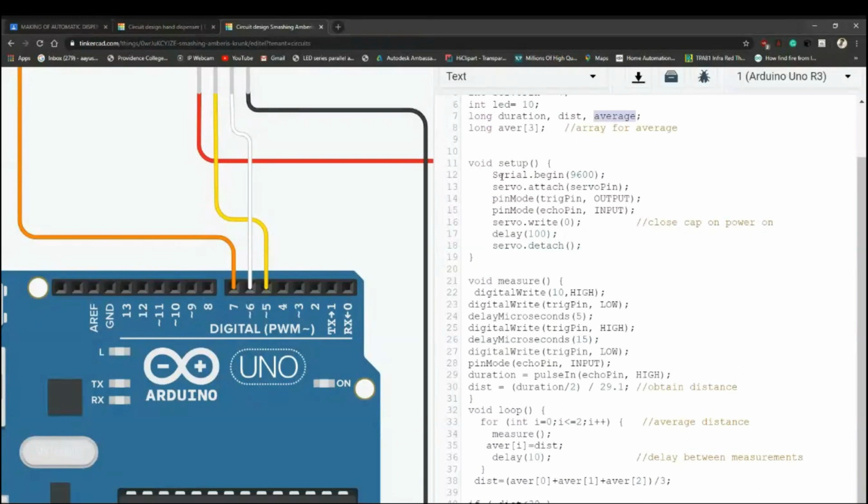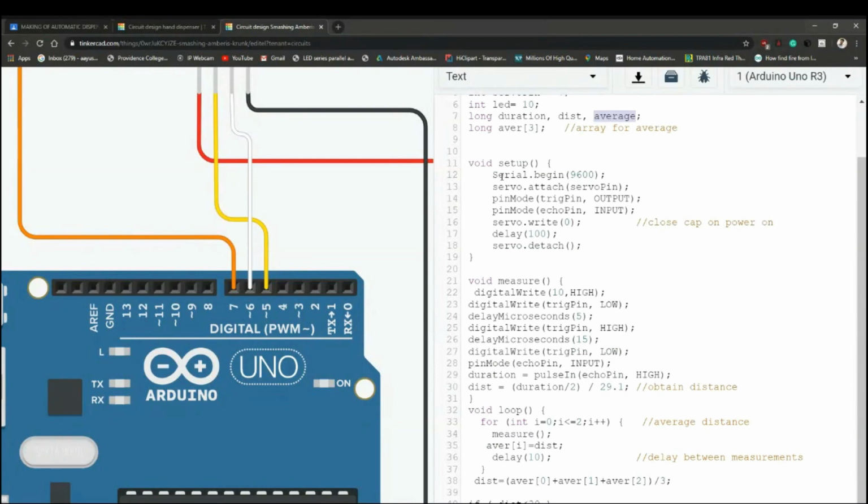Then there are two pin modes also, which are the trigger pin and the echo pin. We all know what trigger means, right? We have to trigger something. This ultrasonic sensor triggers an ultrasonic wave. It will send out an ultrasonic wave which is inaudible to humans.